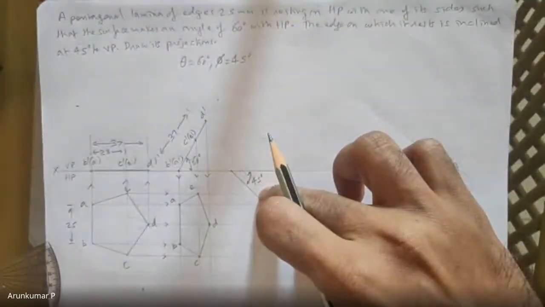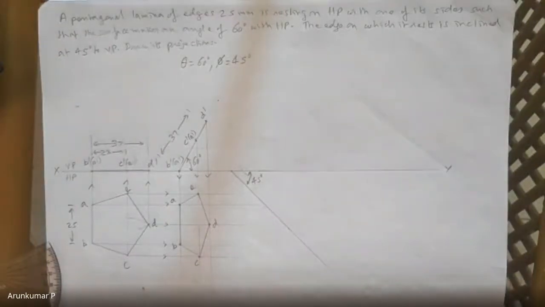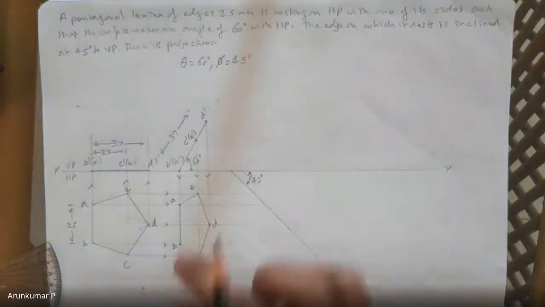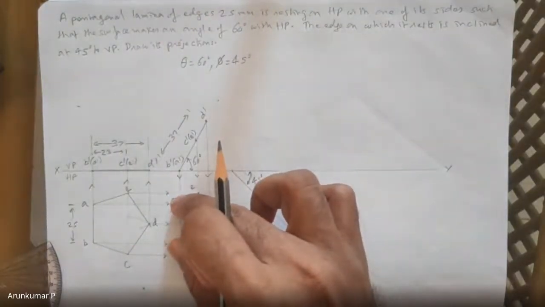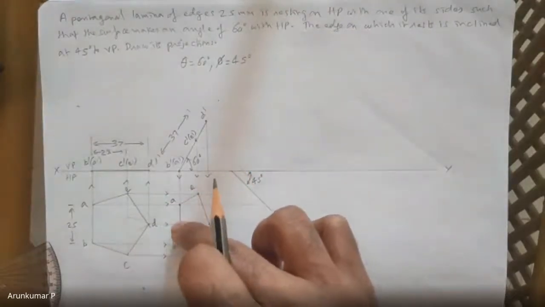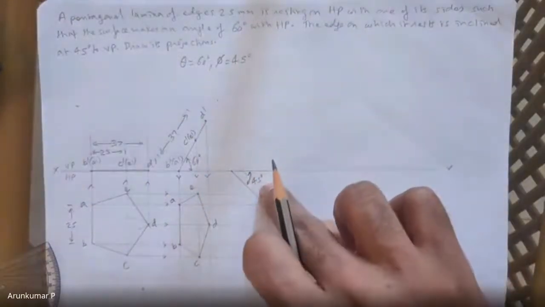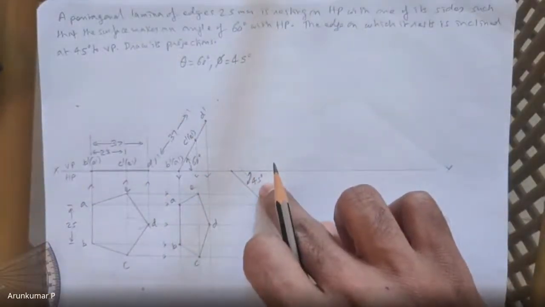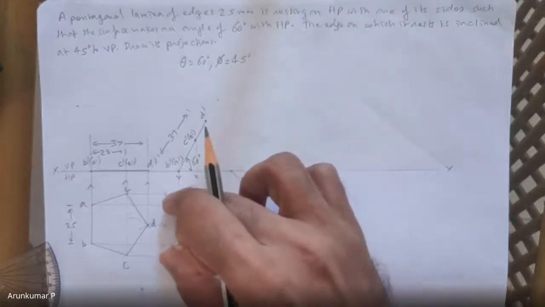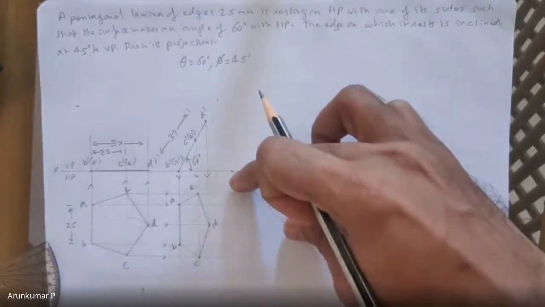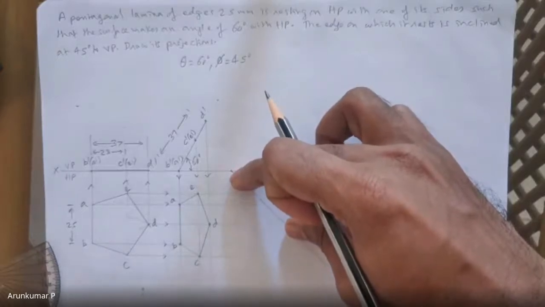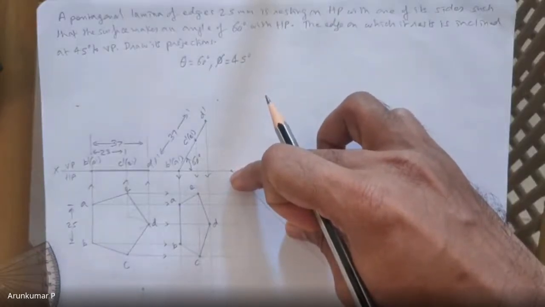Should you use the locus method here? No. There is no need. The locus comes when you are not able to place it directly. If this AB reduces in length, like what has happened to the other edges, and that AB you are trying to place here, you cannot do that because it is an apparent length and you're trying to place it on a true inclination, which is not allowed. But you can place a true length, which is 25 mm, on a true inclination. That is perfectly allowed. So this is not a locus problem. This is a direct, straightforward problem.